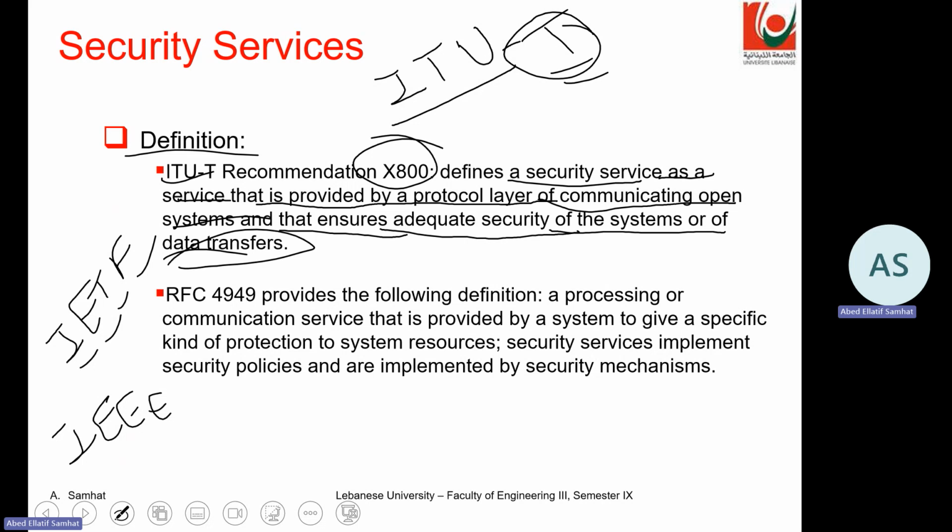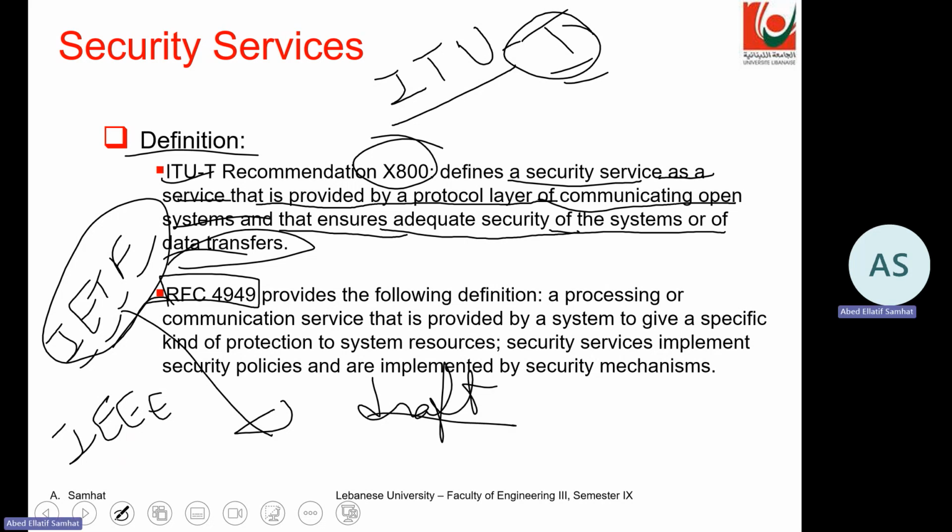Another definition is the Request for Comments, which is an IETF standard. In the IETF, typically anyone can propose a standard. It could be a draft, and when it's accepted and becomes a standard, it will have a number. It will be an RFC, Request for Comments, with a certain number. This means that it's adopted. So for RFC